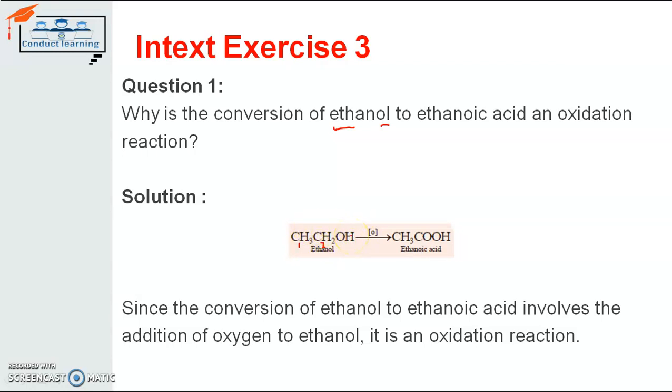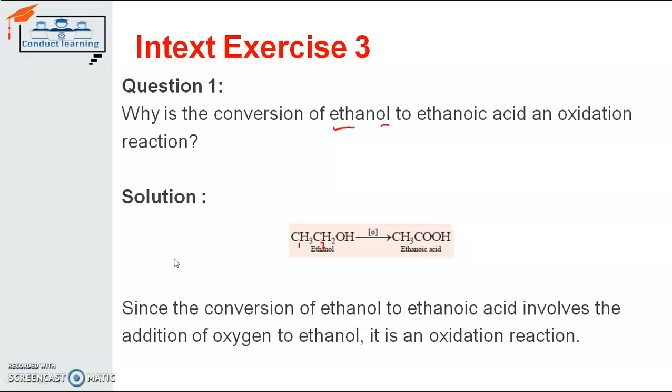And we have to oxidize it. That is only possible in presence of some oxidation agents. So that oxidation agent adds the oxygen to the ethanol, and the ethanol becomes ethanoic acid. So that's why we need the oxidation agent for converting the ethanol to ethanoic acid, and that